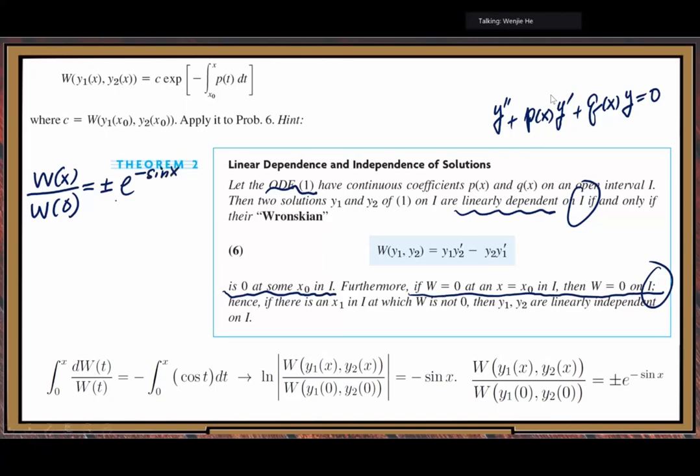Let's think about if it is the minus sign. We want to get a contradiction. If it's negative,